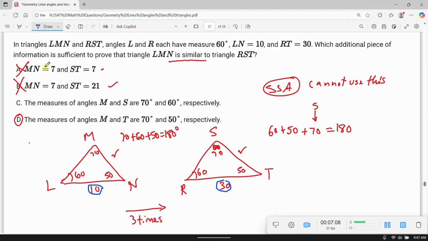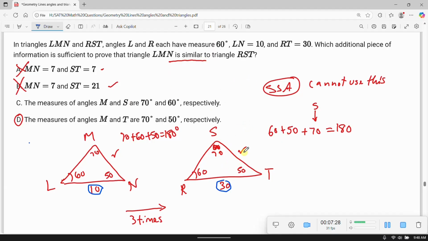So the first one's wrong for sure because the length congruent is not. It has to be 3 times. When I move on to choice B, they say MN is 7 and ST is 21. It is 3 times. But then